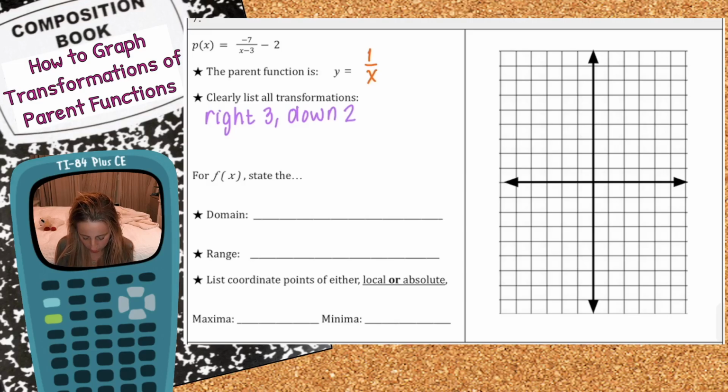So that has to do with your h and your k. So I'm going to go ahead and draw some asymptotes: right 3 and down 2. So we got that. Then if I were to label a bit more specifically,